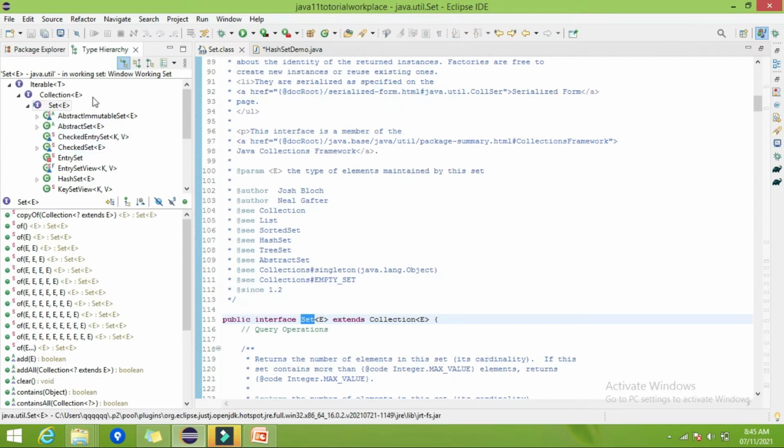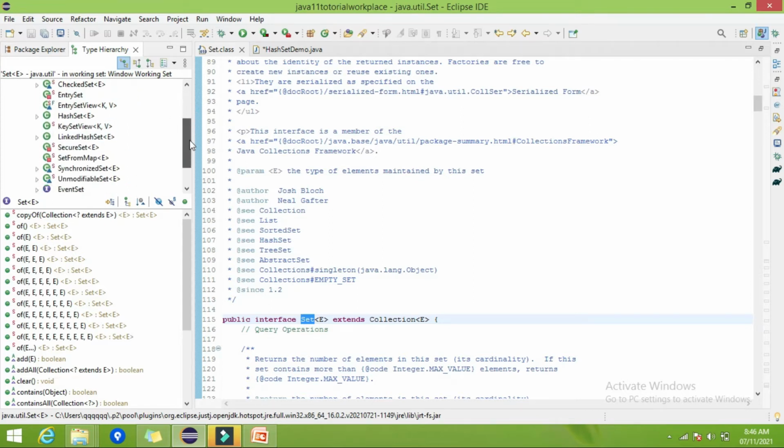Once you open the type hierarchy, you will get all the interfaces which are extending this particular interface, or the list of the classes which are implementing the Set interface. Here you can find Set, which is the child interface of the Collection interface. These are the classes which are implementing the Set interface.